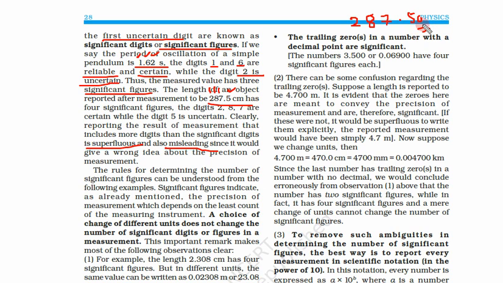So mathematically we can add as many zeros as we want. This will not change the number, but this is not a number. This is a physical measurement. There is a difference between a physical number and a measurement. So this is highly misleading, suggesting that the measurement has been done with a very precise instrument while it has not. It will give a wrong idea about the precision of the measurement, because we have not measured this with a very precise instrument. We have measured up to the first digit after the decimal.